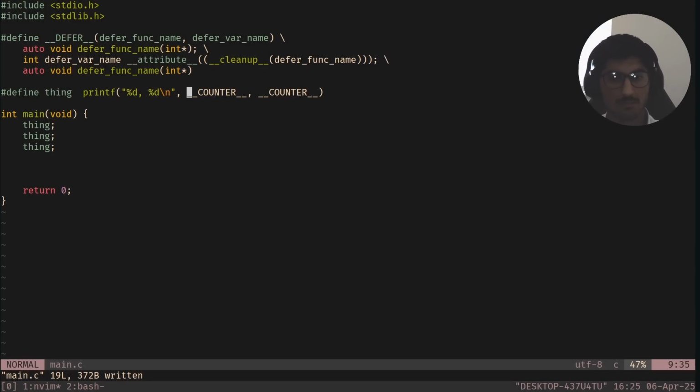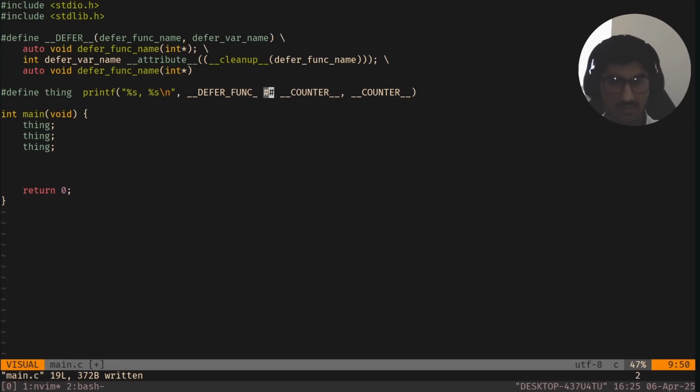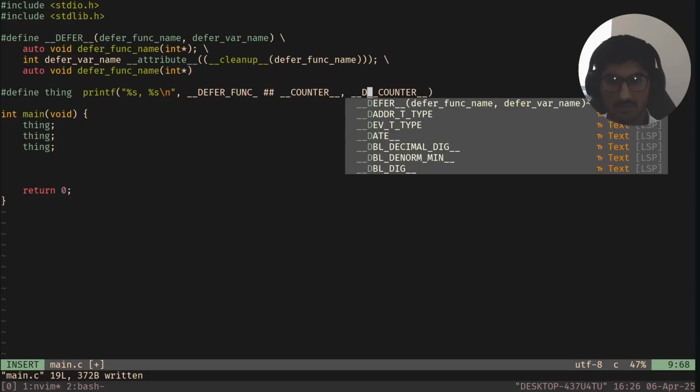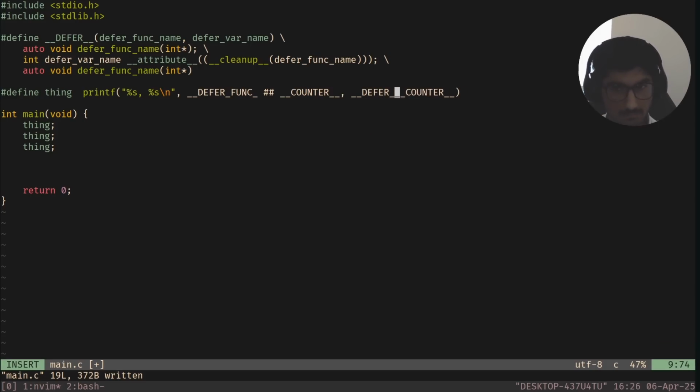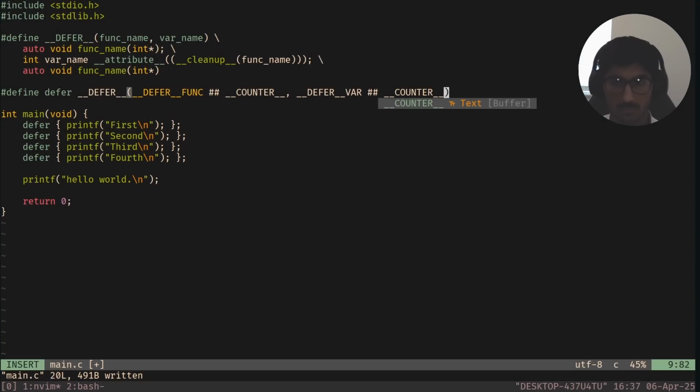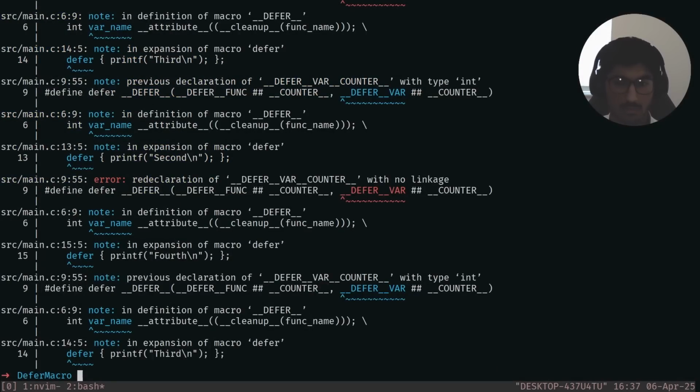So what we can do is something cool, like let's say I'm going to print strings. So I can do something like defer func, and then if I do 2 of these hashtags, it just takes this identifier right here and takes the value from counter and just joins them together into one single identifier. So I can say defer func, then something like defer var. If I do that. Okay, so I think I missed adding the 2 underscores right here, and we still get